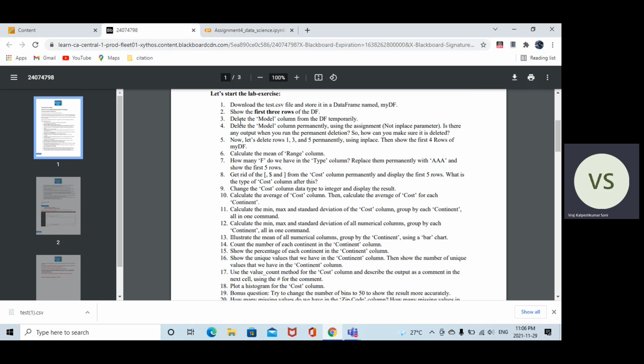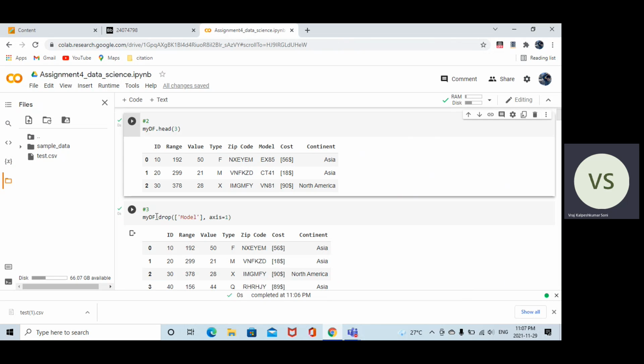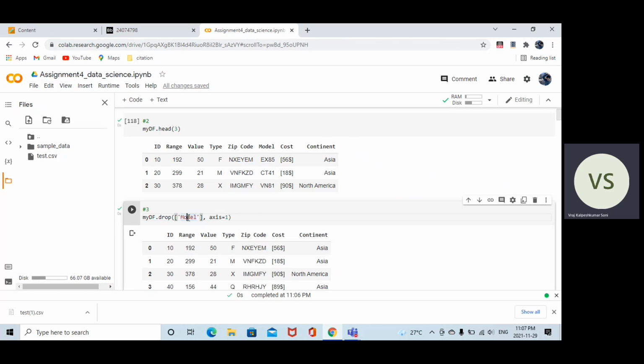Now third is delete the model column from the df temporarily. To delete anything in pandas, we have only one function, which is drop. We can use drop anywhere to delete any kind of columns or rows. So I use my df dot drop, and I specified the column name and axis is equal to 1.